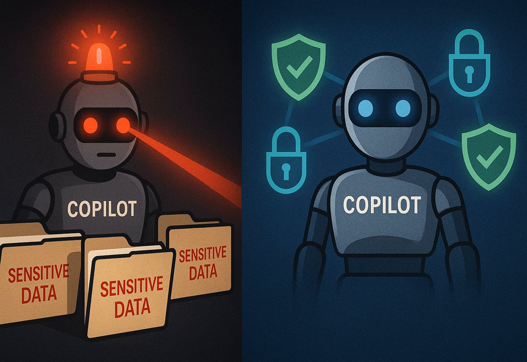DLP isn't just for catching emails with credit card numbers in them. In the context of Copilot, it can be the tripwire that stops sensitive data from slipping into an AI-generated answer that gets pasted into a Teams chat or exported into a document, leaving your tenant. It's still the same underlying tool in Microsoft 365, but the way you configure it for AI scenarios needs a